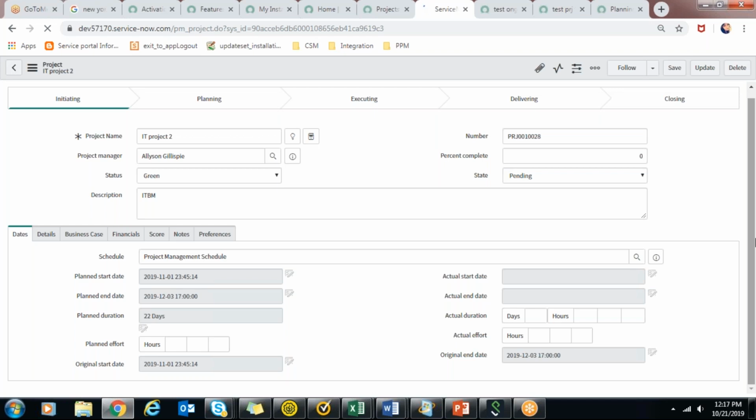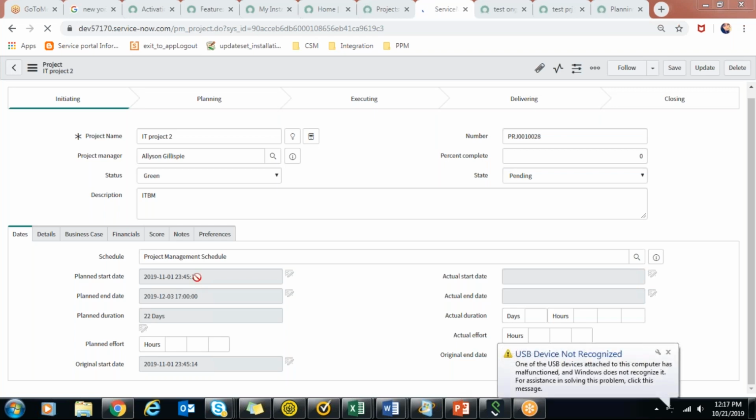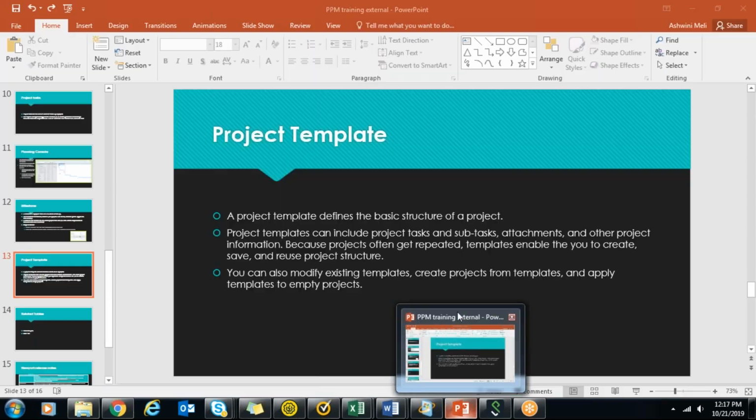It's taking forever to load, but you get the project template, what it is, right? All the project tasks, depending on this plan start, will be applied.